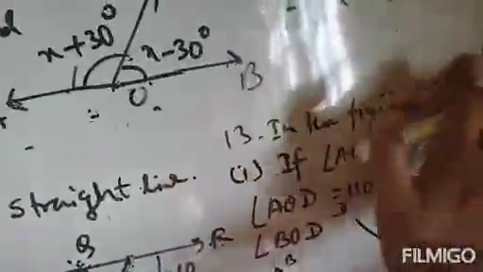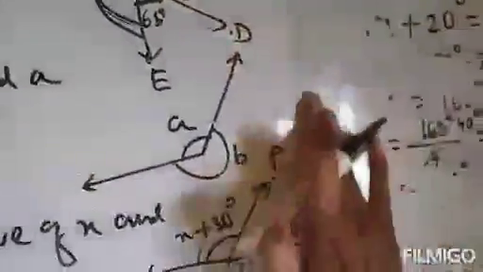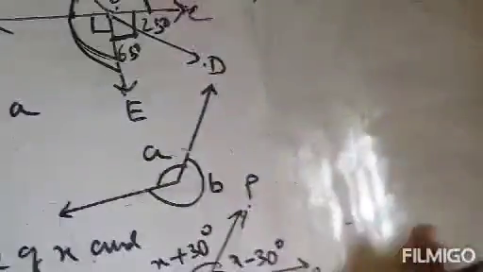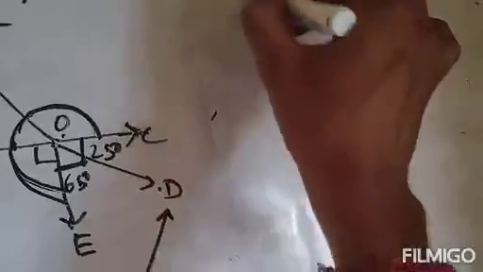Clear? So question number 11 is complete. Next, the last question, and the exercise is finished. Last question, question number 13, part 1. There are a total of 3 parts in question 13, and the remaining 2 parts will be your homework. So I am going to solve the first part.